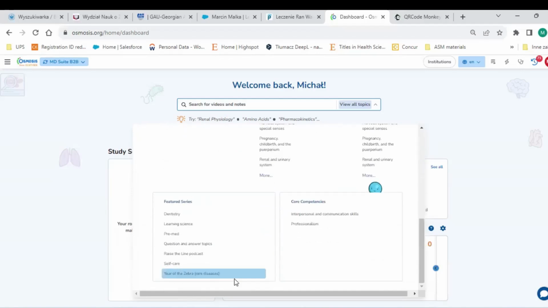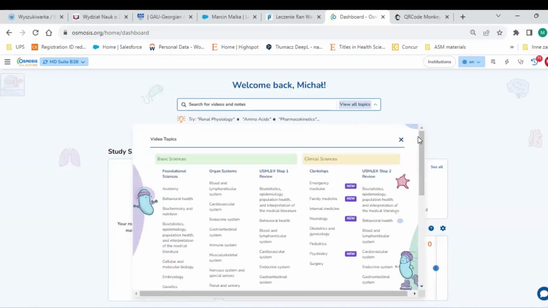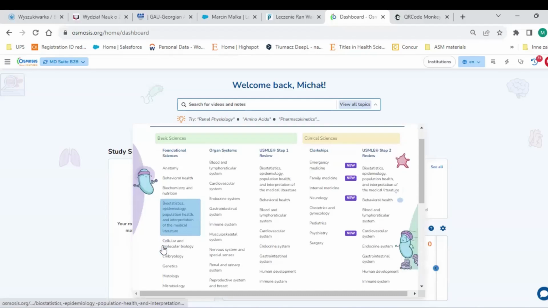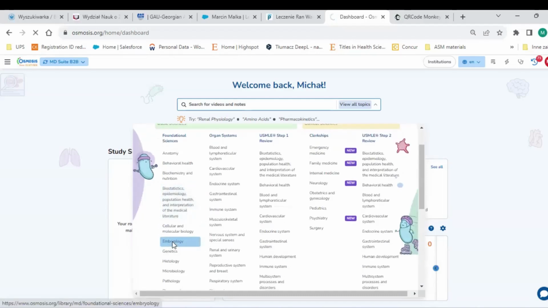Also, when you scroll fully down, you can find also dentistry package, where all the videos which are relevant to dentistry topics are gathered in one place. Then some videos about learning sciences, and some other that you may be interested about, some competences in your medical life, like professionalism and some communication skills. So not just medicine, also those soft skills which correspond to your future medical career. So let's maybe jump to embryology to show you the